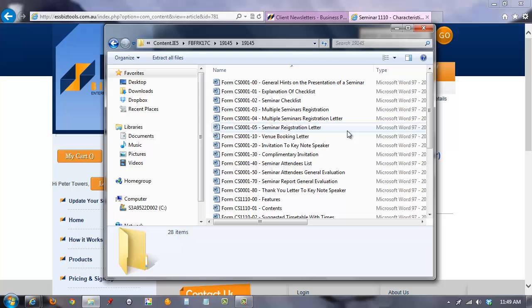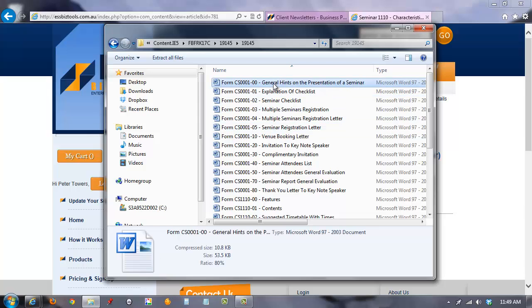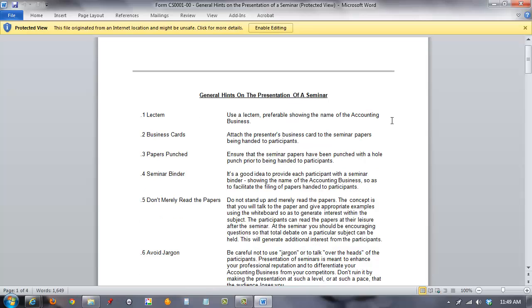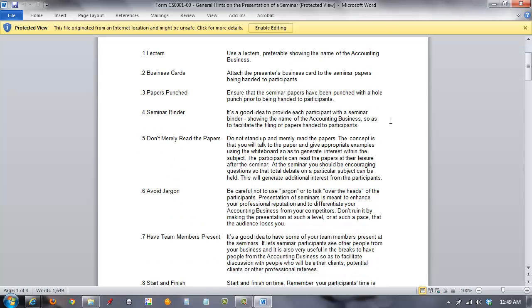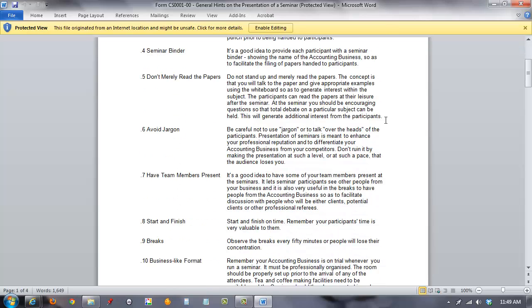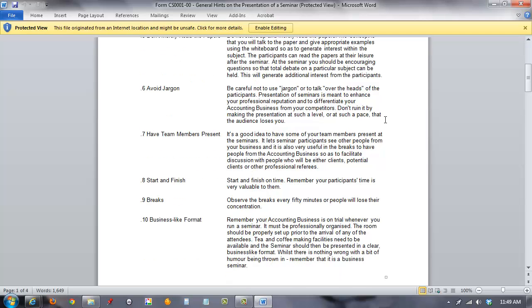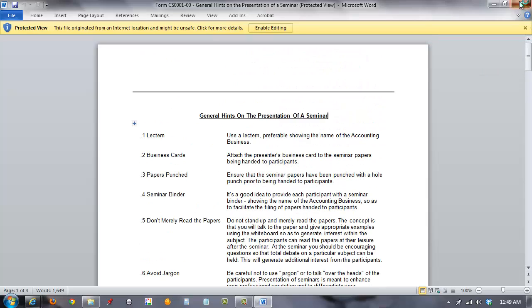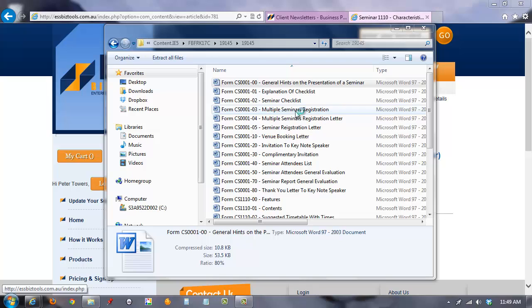So we first of all can get some generic material on a seminar. So there is a general hints on the presentation of a seminar which your presenters might find of benefit in assisting them in preparing to present a seminar. There is a seminar checklist,